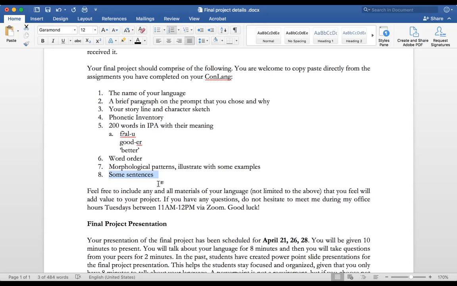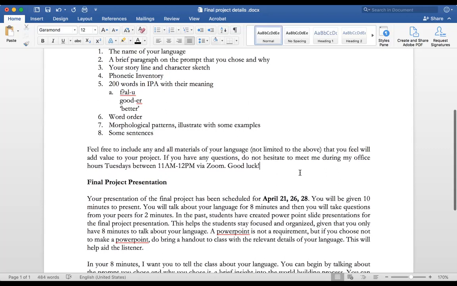There is really no right and wrong answer, if you ask me. So, again, with a constructed language, it's about creativity. There's no right conlang and wrong conlang, right? So that's not how I grade. So if you cannot create sentences, don't worry, okay? That's why I said some sentences. And again, if you want to sing in your language, or have a conversation with somebody else in your language, feel free to add anything else to this prompt. But this is what I'm looking for. Anything else, surprise me, I'm happy to see it.